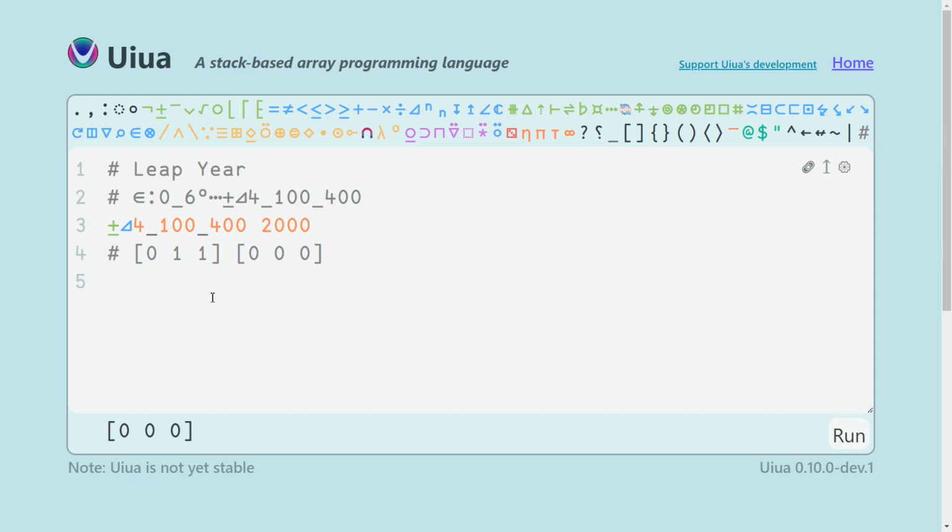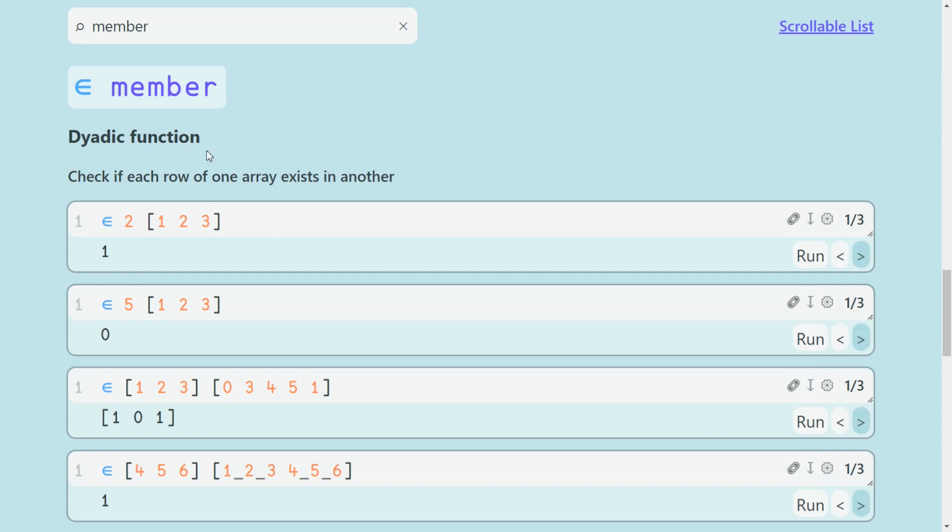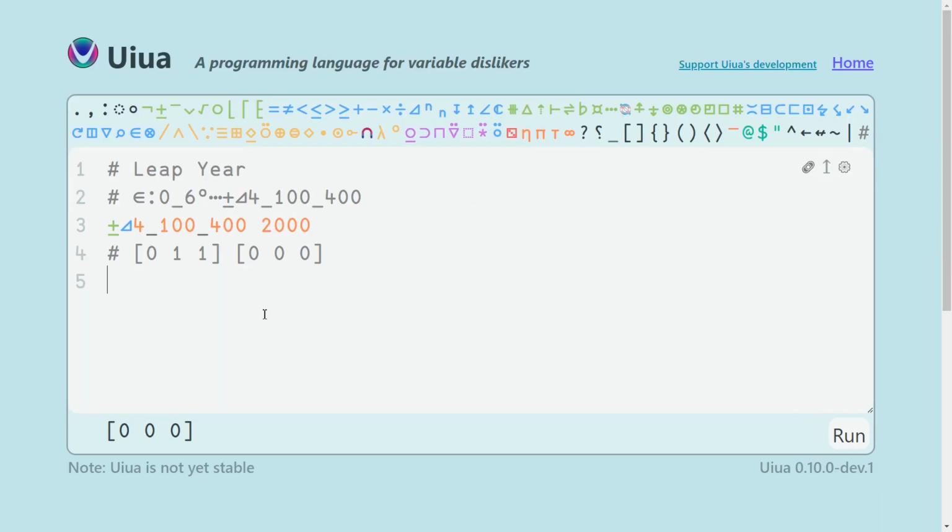And basically, I can check if the result is one of these using the member function. So the member function works like this. The first value on the stack should be the array, and the second value is the member or the potential member. And if it is included in the array, then we will get a 1, otherwise it is a 0. Okay, so if I want to see if the result is member of either of these two values, then I will put here member,